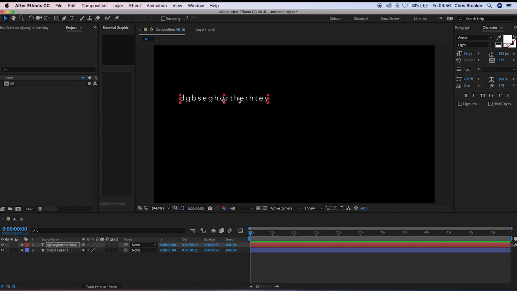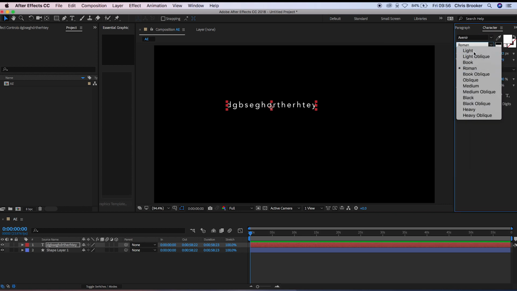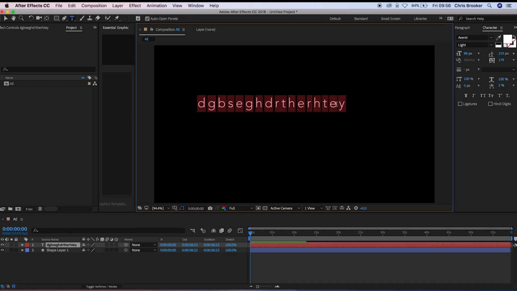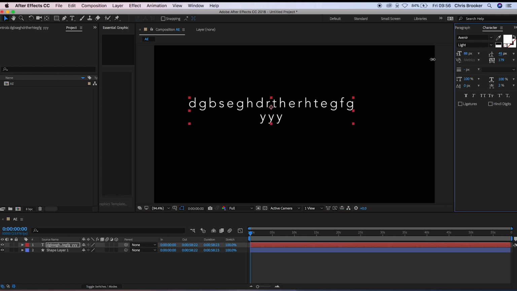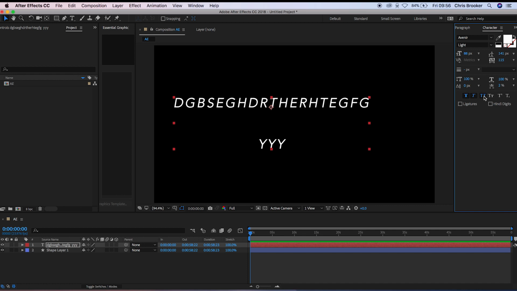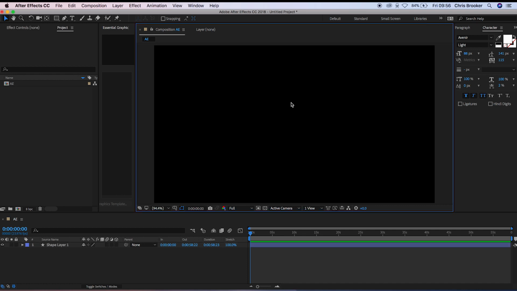Now, if you wanted to edit this text, you'd go over to the character window on the right, and you can change your font here. You can change, obviously, the size and the style of that font. You can adjust the size, if you've got multiple text layers, so let's do some down here. You can adjust the positioning between the layers over here. You've got the kerning over here, so that's the width between each character. Then you can make it bold, you can make it italic, you can put it in all caps, and so on, so on. If we go back into that text on the top left, and we go into vertical type tool,